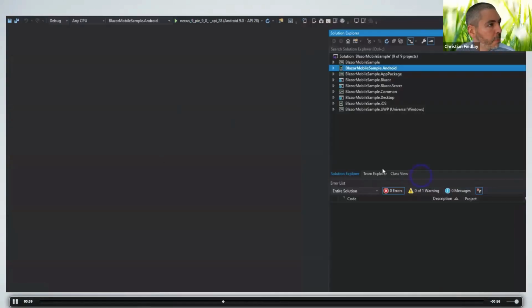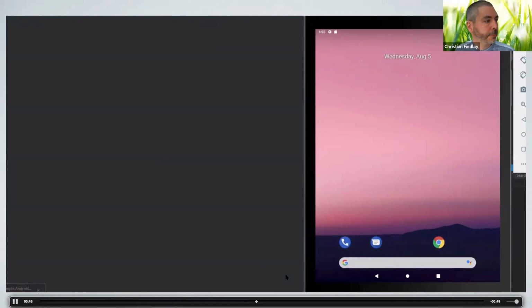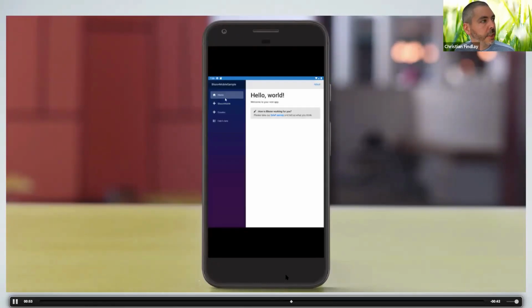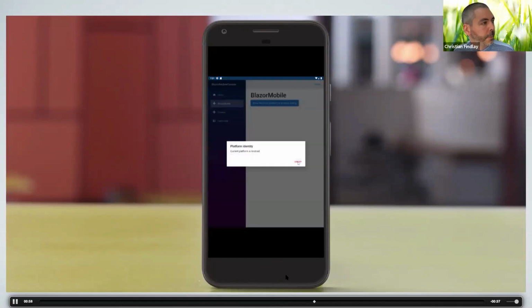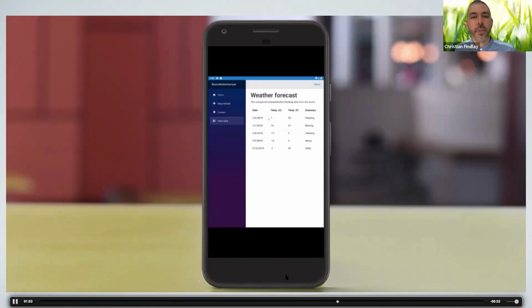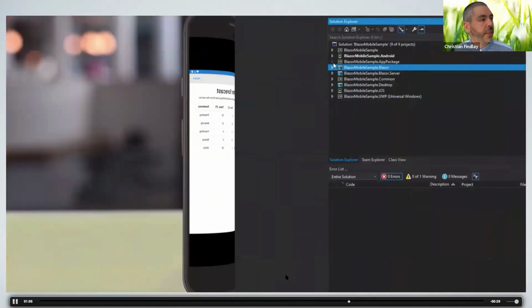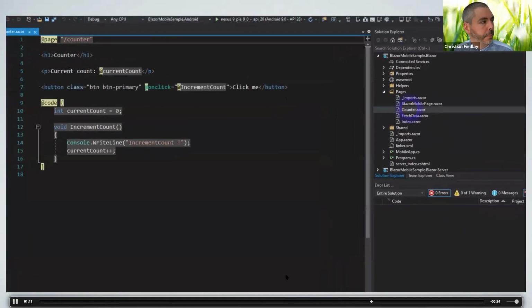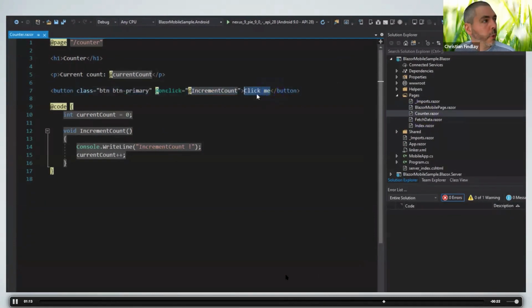But what people probably have not seen is it being bundled up inside of a shell. This is the same Blazor application running on an Android device, running in a web view. And this was easy to get running. This is part of the resources, so you can run this sample yourself. And that's what the code looks like for Blazor.